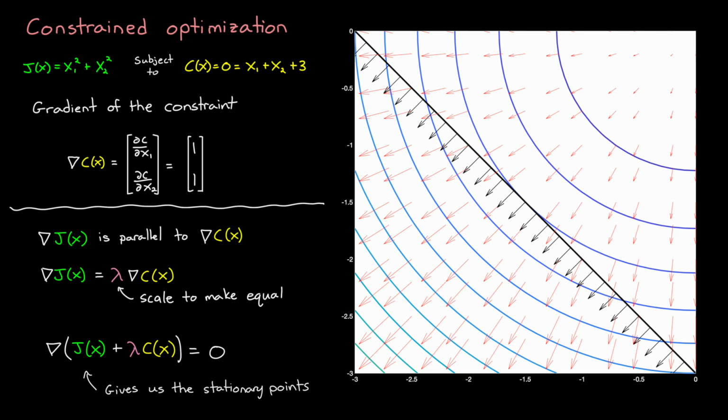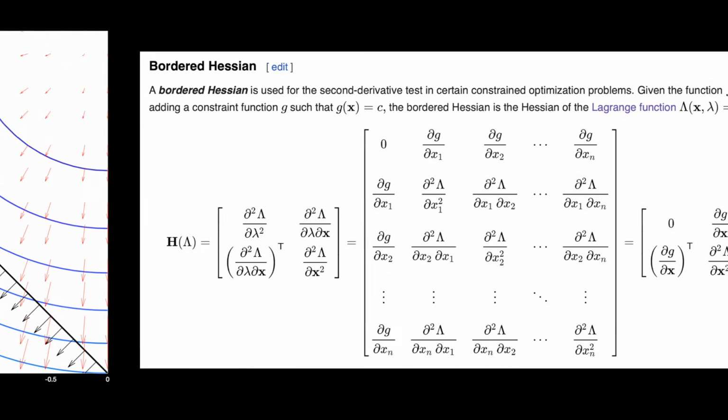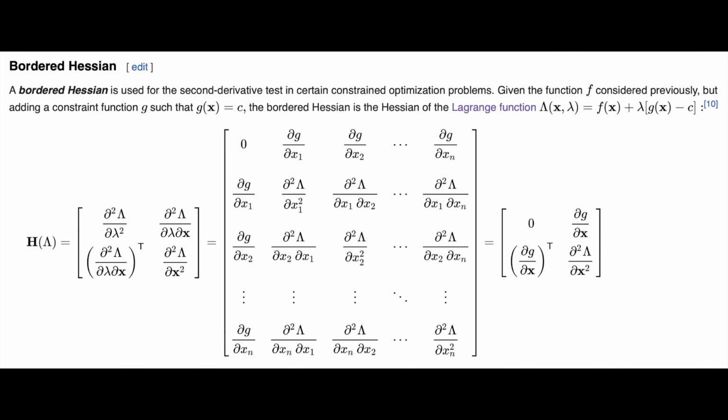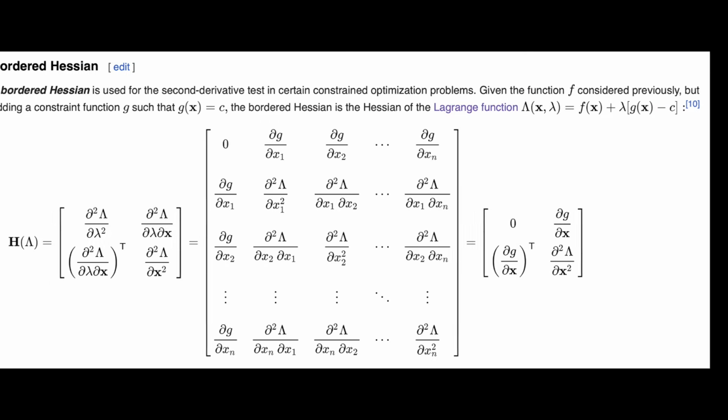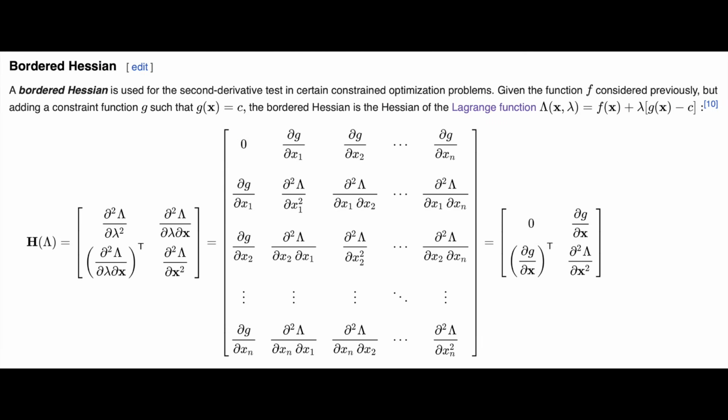And again, this doesn't tell us if we're at a maximum, a minimum, or a saddle point. We know that we need some form of a second derivative to determine that. And generally speaking, that second derivative comes in the form of a bordered Hessian matrix. And I'm not going to cover this here since I just wanted to talk about the Lagrangian itself. And also in our problem, we know that the point is a minimum due to our understanding of the functions. But I did leave some good references for it down below.